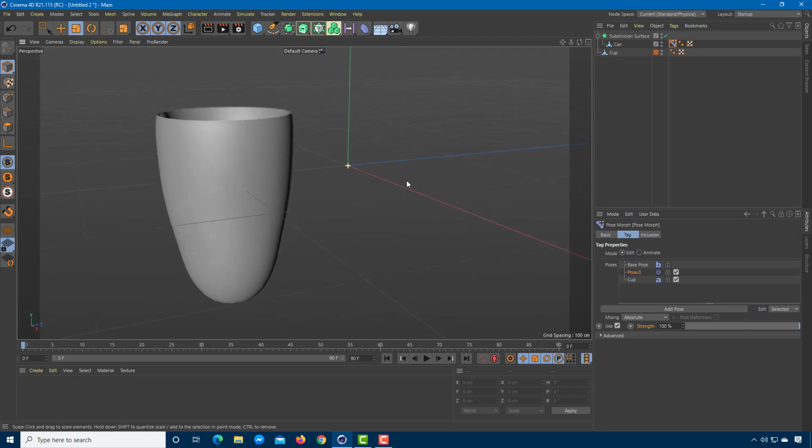And you do not need to animate individual points, just like that. You got the individual points just like that. There you go. So that is how you can do a shape morph effect inside of Cinema 4D.